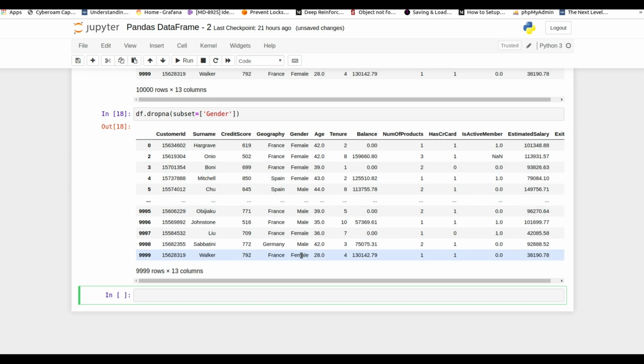So suppose you have this scenario in which you need to drop the value according to the column's value, so you need to use the subset parameter of dropna. And lastly, suppose you need to drop the columns, not rows. If you need to drop a column that contains a null value, what you will do is there's a parameter